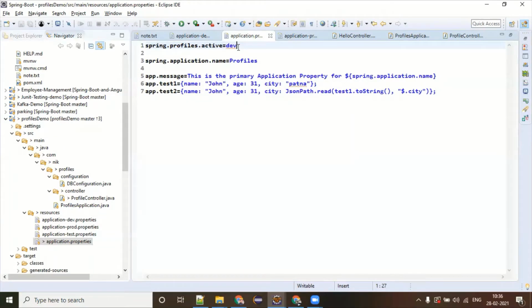But at a high level, when you are starting your application in a particular environment, you have to tell Spring which profile is active for this environment. So it's not only the application.properties file. I will also show you how you can pass this value while starting your jar. Usually in the cloud, you are going to start a jar, right? While starting your jar, you can pass this value, which is going to override. I will show you that. But yes, while running your application, if you want to change something in this, you have to change it.